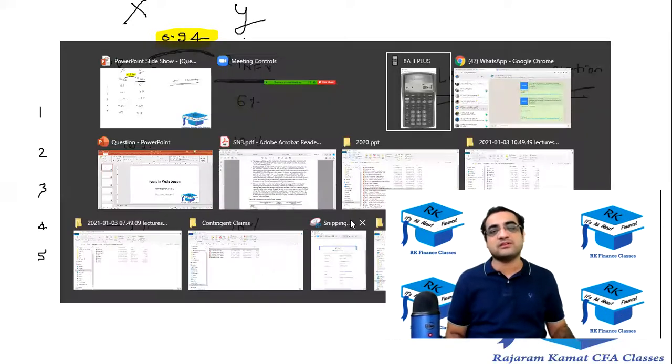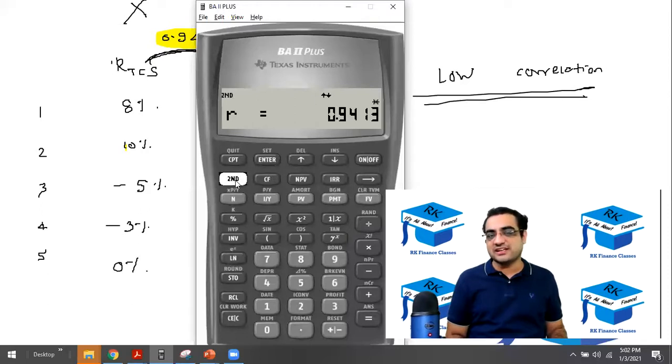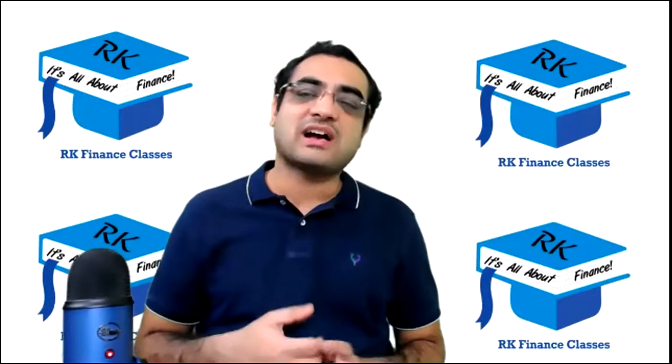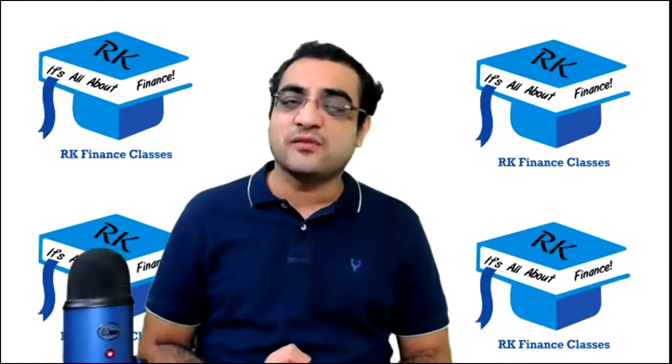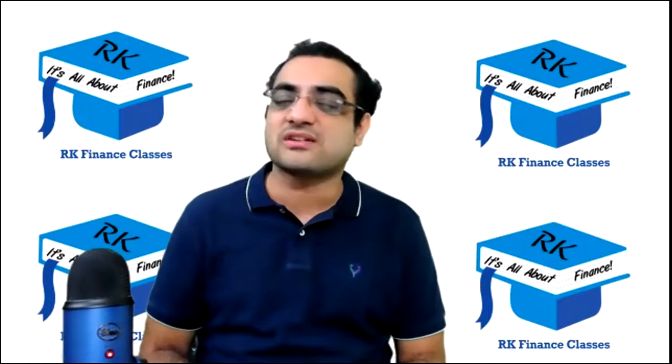Okay, so I'll repeat what you have to do. After pressing the data, you have to press 2nd and 8. If you're getting linear, good. If you are not getting linear, then keep on doing this until you get linear. Once you get linear, X bar will give you the average return of TCS. Y bar will give you the average return of Infosys. And last we will get R, which will be a little disappointing here because R came out to be very, very high, which means that combining these two stocks in the portfolio won't be a very good diversification strategy.